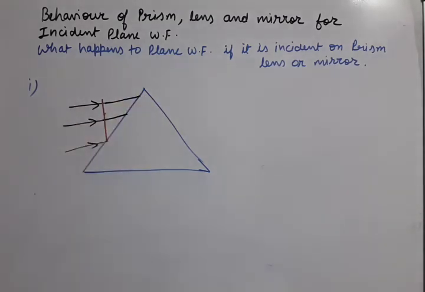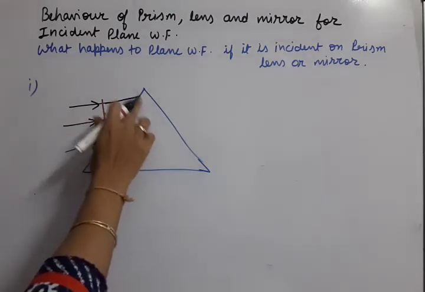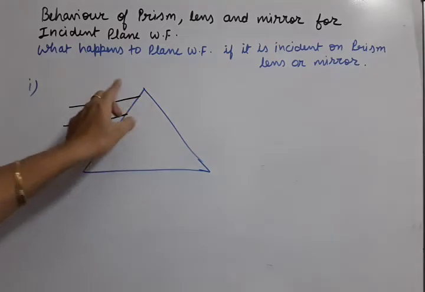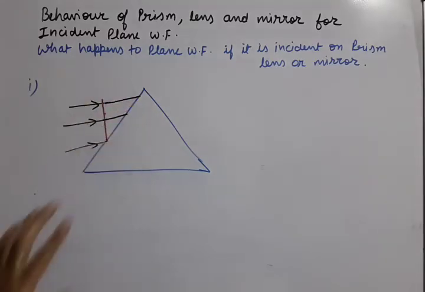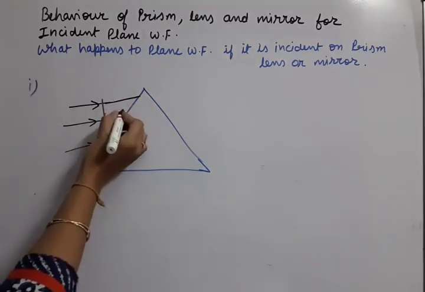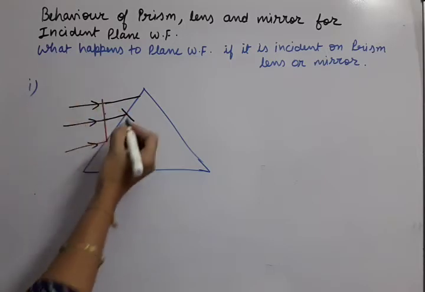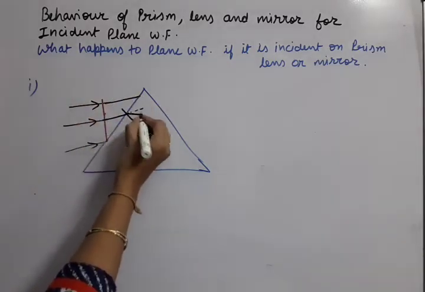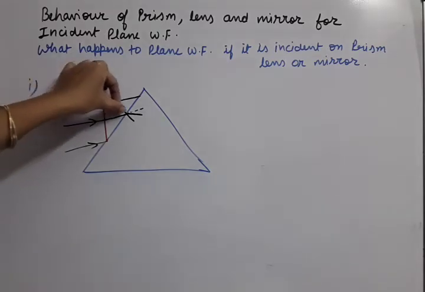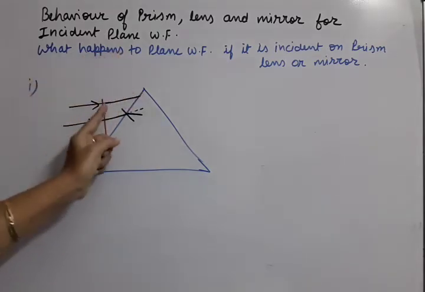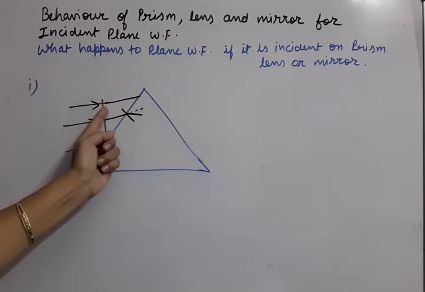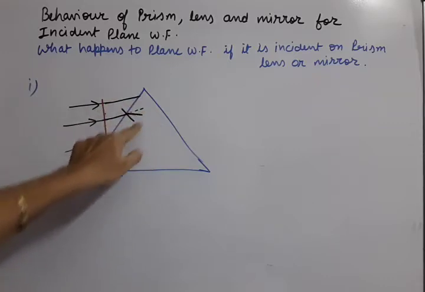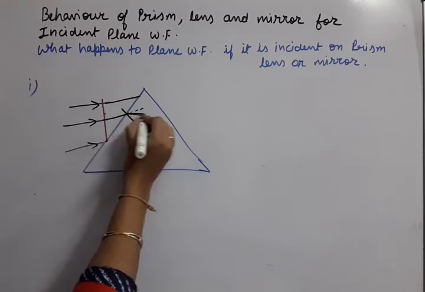Okay, now we know what happens when the ray falls on the prism. According to the rule, we are going from air into the glass, so the rays will turn their path. Refraction will take place, like I'll show you for one such ray. Suppose this is the normal drawn. The ray should originally go this way, but because we are going from air to glass, that means rarer medium to denser medium, it should turn a little closer to the normal. So that's why it has turned. This way the ray will turn.